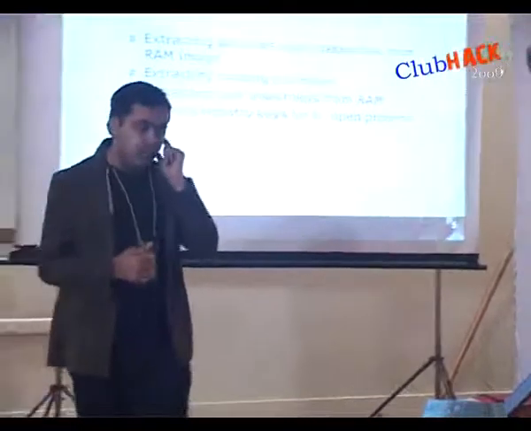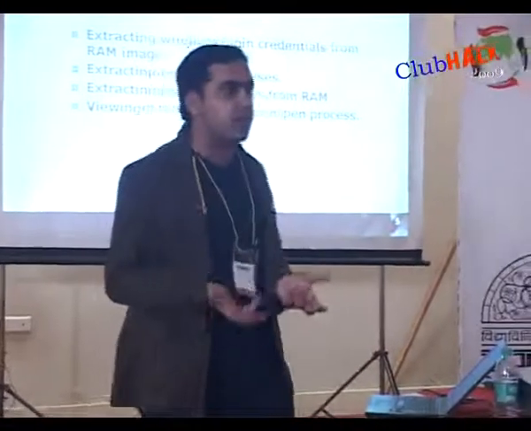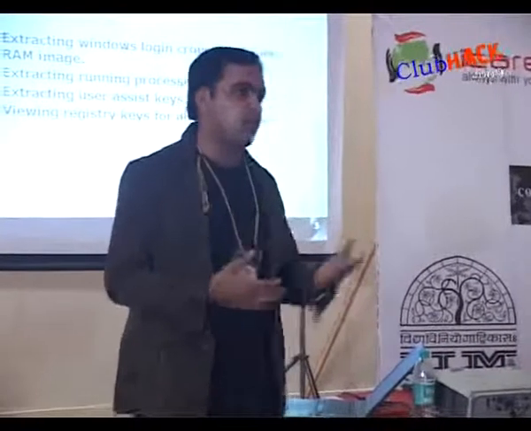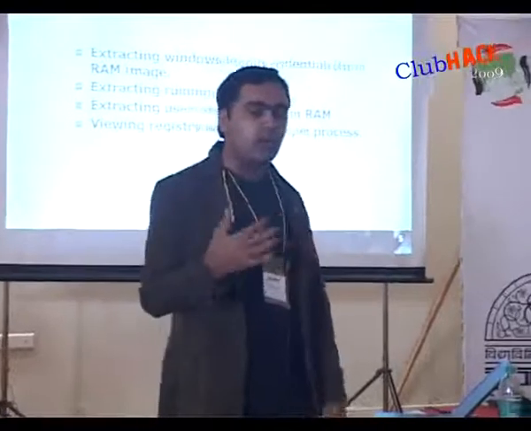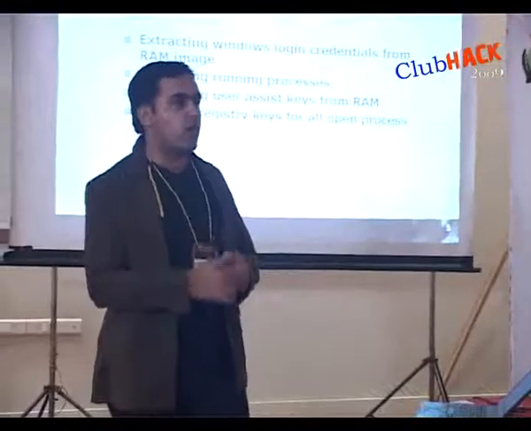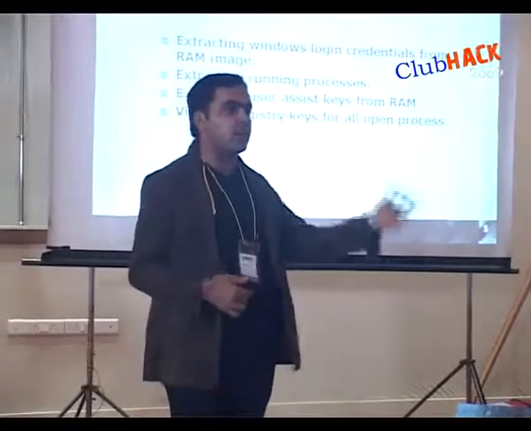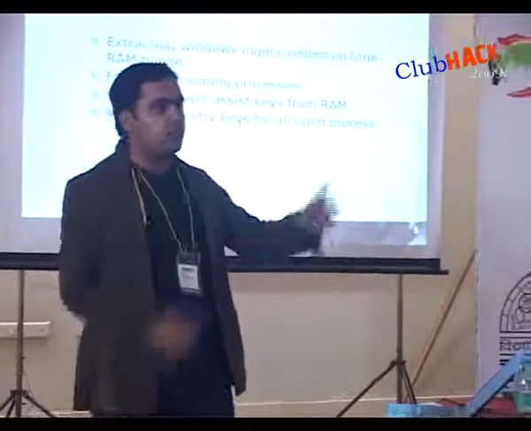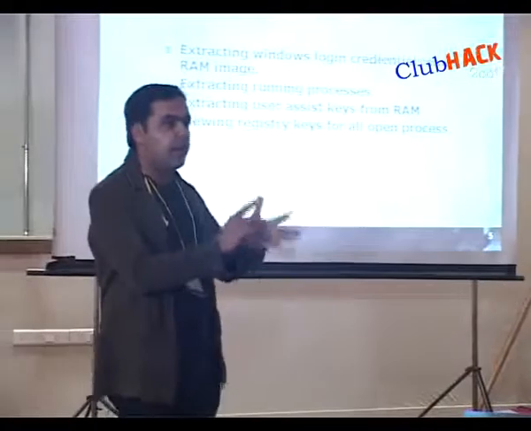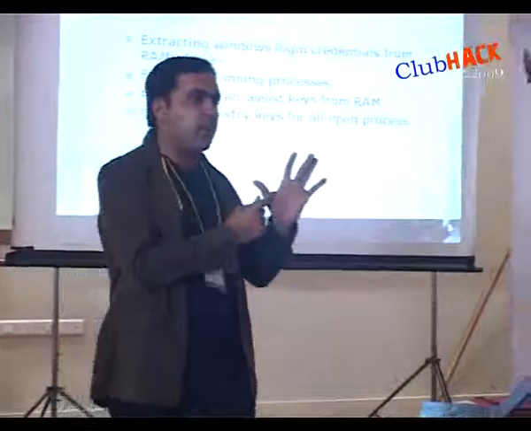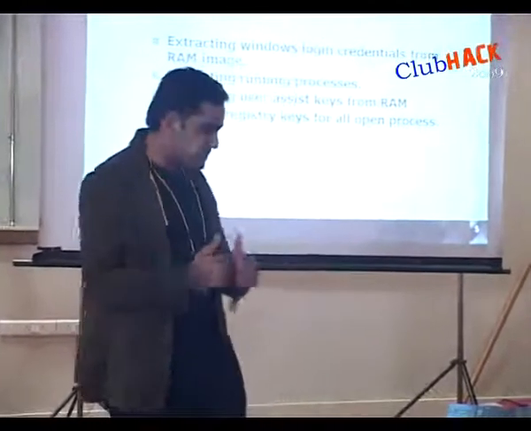Now, user assist keys use a very simple kind of encryption algorithm, that is ROT13 encryption. If you are from a virus research background, you must be aware of what ROT13 is. For everyone else, ROT13 is basically a ROT13 encryptor or decryptor. ROT13 means rotate by 13. If your letter is A, increase by 13: B, C, D, E, F, G, H, I, J, K, L, M, N. It will be replaced by N. Similar is the case with the other alphabets or numbers.